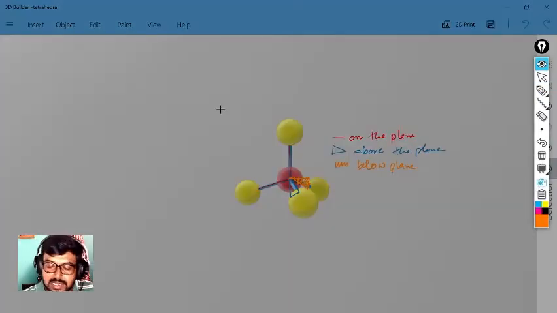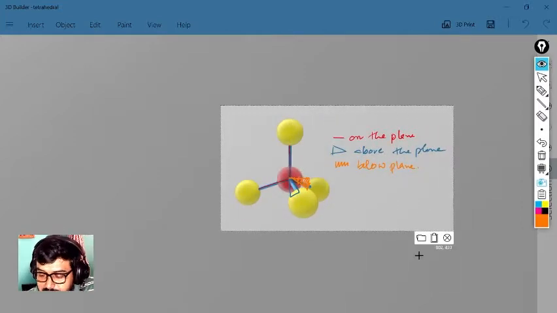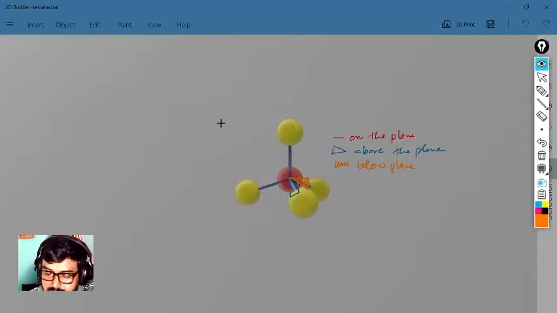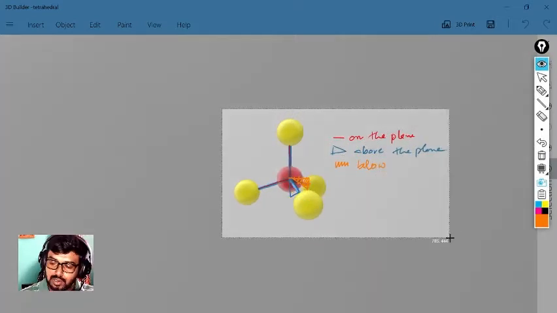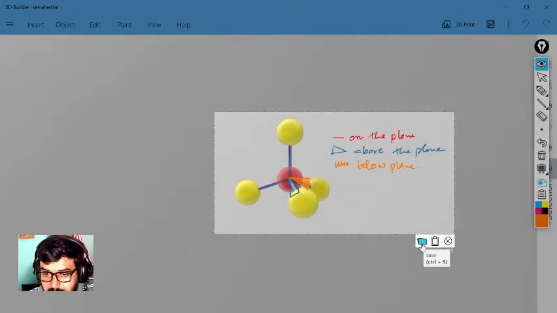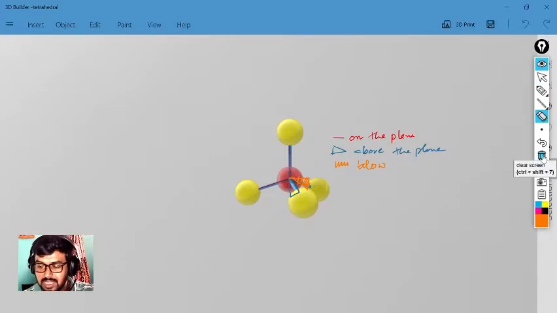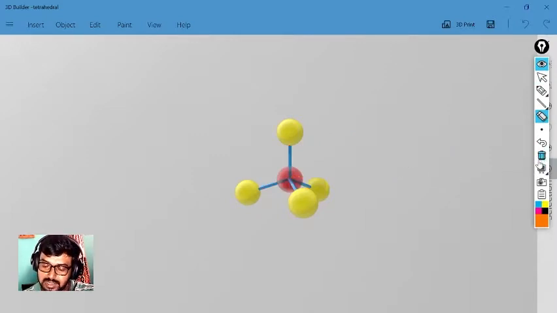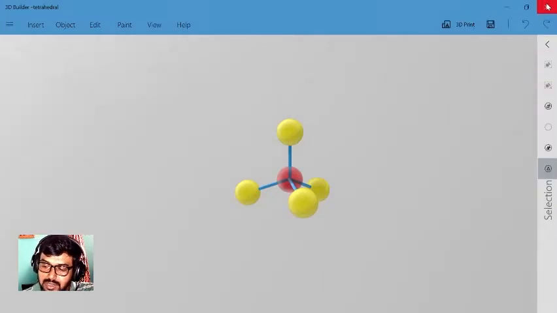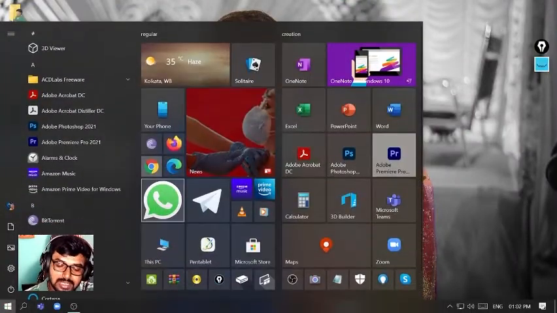Okay, you can take a screenshot. You can take a screenshot and save it, or you can take a screenshot and copy it. I'll be showing both the advantages. So before proceeding further, I'm just cleaning the mess. You can use undo also, but that is a hectic thing. You can use the eraser, that is also okay, or you can use the clear screen. Wow, it's gone.